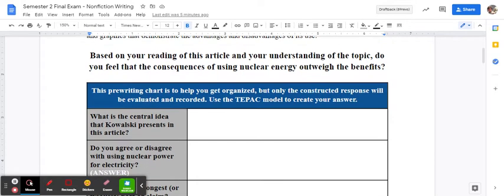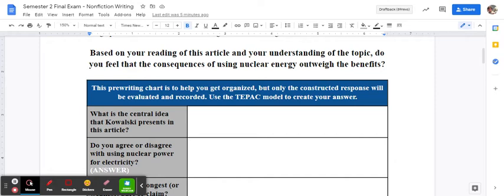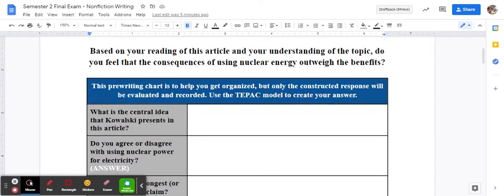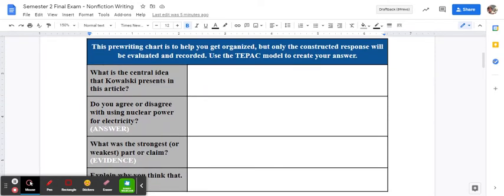Now, you can use anything in the article, all right, but a good place to start might be on the second page, or page 2, at chart number 1. And that was the pros and cons. Remember where she described the pros and cons of nuclear energy? That might be a good place for you to start because it kind of aligns with this question. Now, here's this pre-writing chart. This is to help you get organized and get your ideas put together. This is not part of the writing grade. This is not part of the final grade. This is just for you, okay? But this is here to help you kind of put your thoughts together and to get the pieces of your TPAC before you write your TPAC.